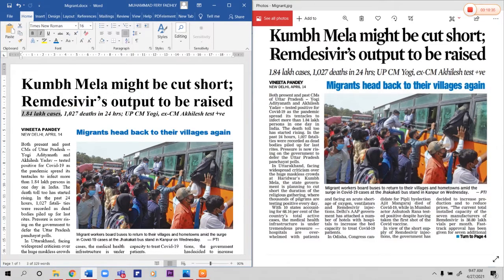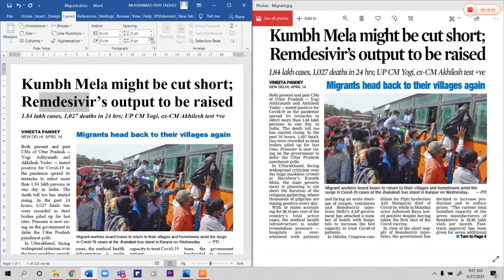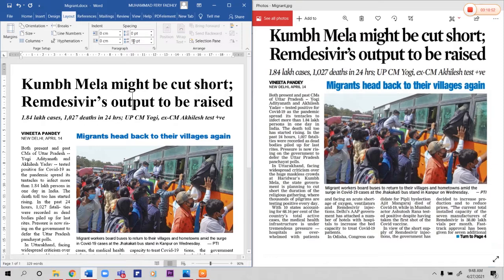From the example, it is a little bit far, so you give space after in your layout. Space after is 6 or 10. You give space after 10, okay.